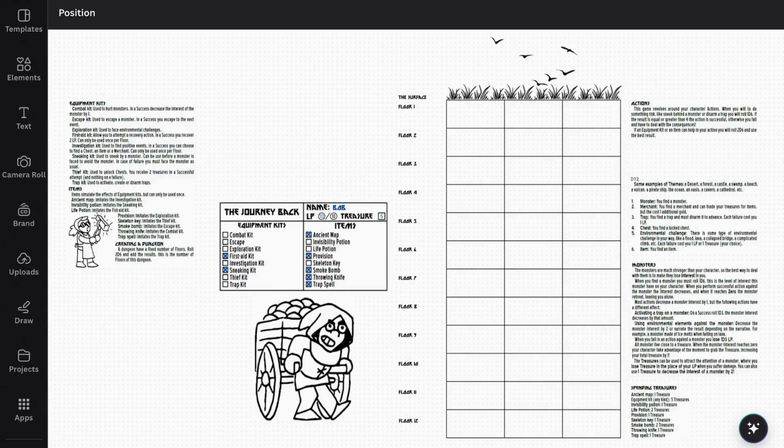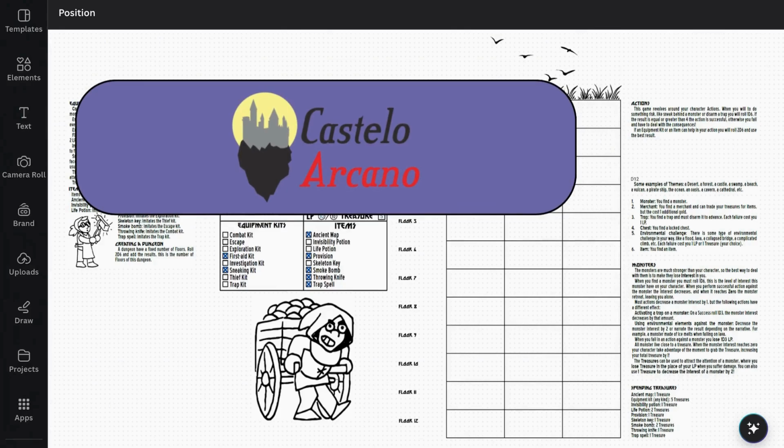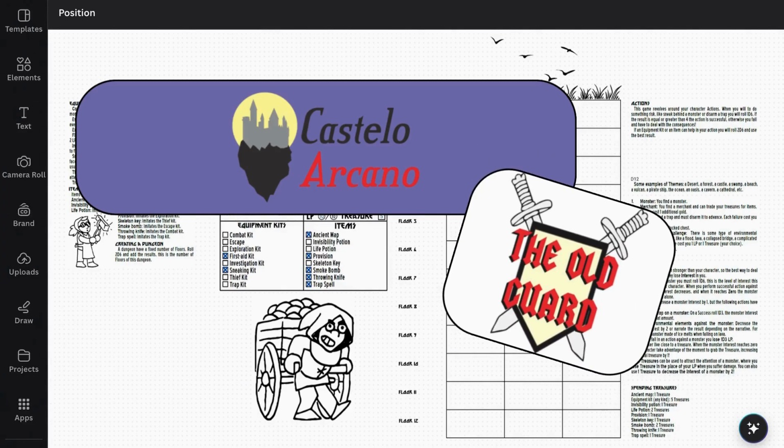Hello, welcome, and thanks for joining me playing The Journey Back, another one-page RPG gem. It is made by Castelo Arcano, and I've already checked Castelo Arcano's page. There are some other very interesting titles like The Old Guard, an RPG about aging adventurers, so I will definitely